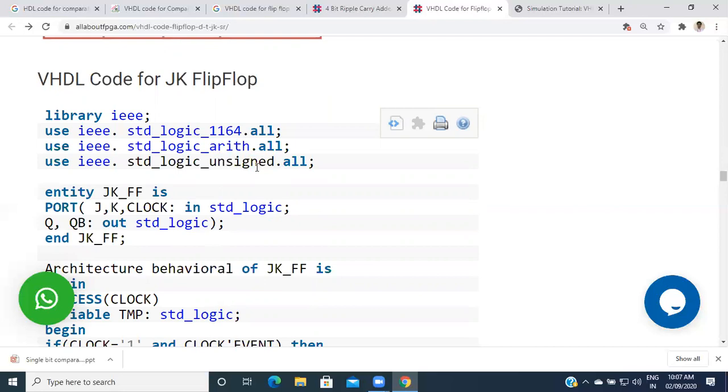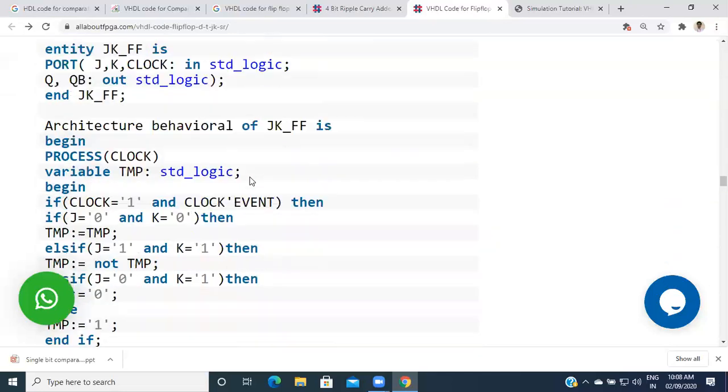So the entity is JK_flip_flop. The ports J, K, and clock are in STD_LOGIC. Then Q and QB, which are Q and Q bar, are out STD_LOGIC, and end of this JK flip-flop.